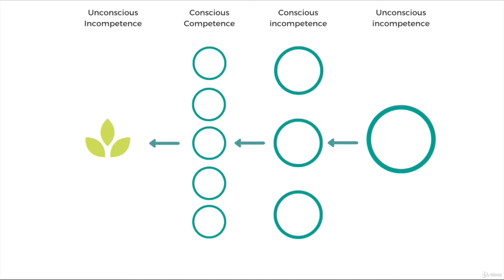Or you need to know everything that you have to study for the exam, which also gets you to number 2. Then when you get to number 2, you need to also make sure in the learning process that you know what you have to do to achieve these things that you didn't know in order for you to be able to overcome them. And then once you do, you start working on them, you start building your conscious competence, and you're starting to learn more and more and more until you master them and you become so natural and you get to the unconscious competence. Make sure that you go through these steps in each and everything that you're learning eventually.